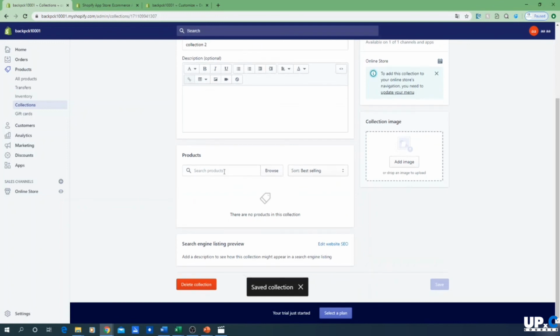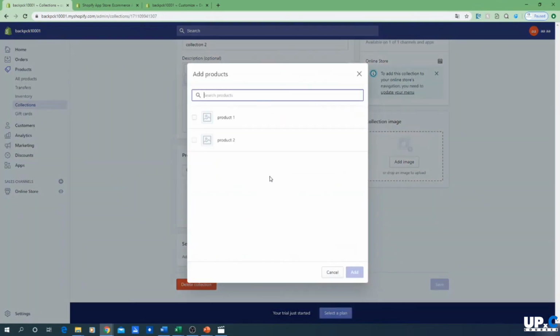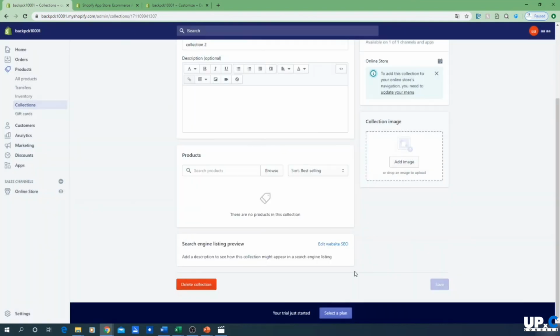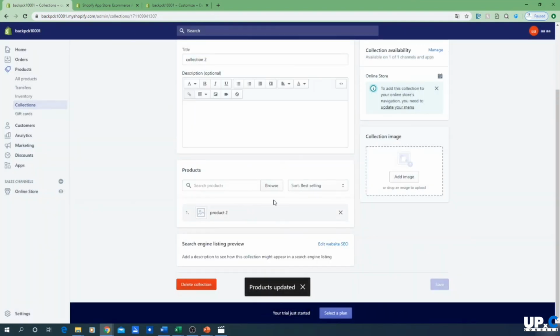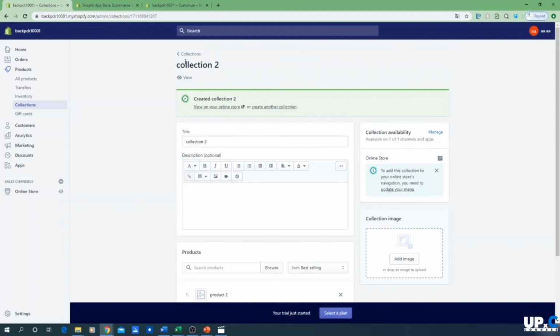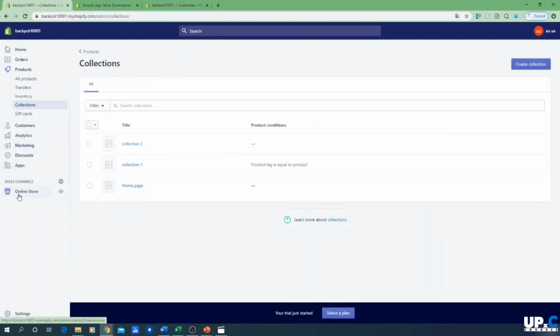As you can see, you have the choice product 1, product 2. So you just add product 2. You can add product 1 also, but this is how it works if you want to add products manually. Right now that we created our second collection,